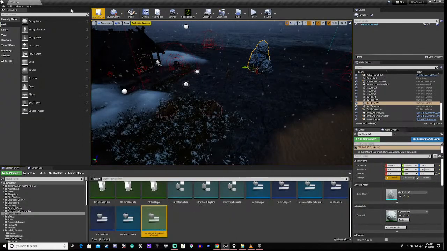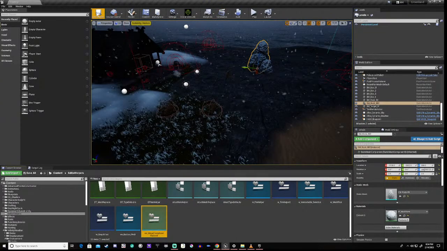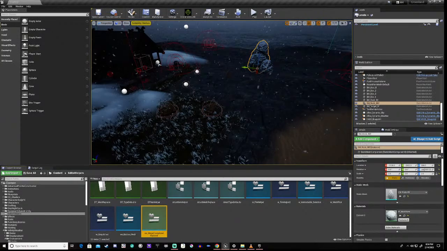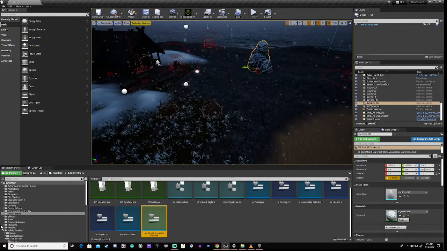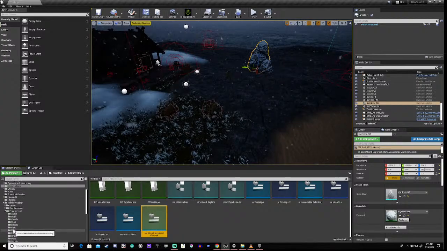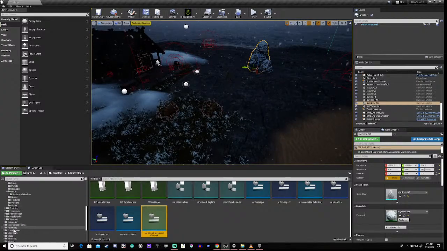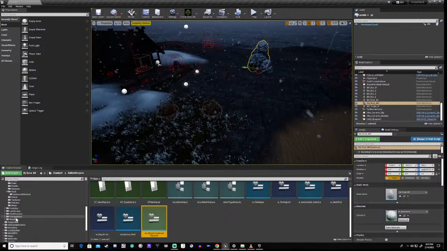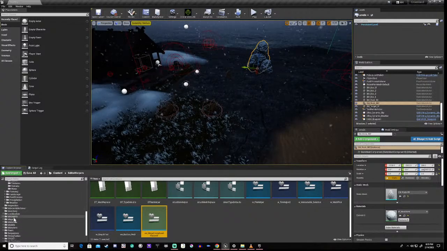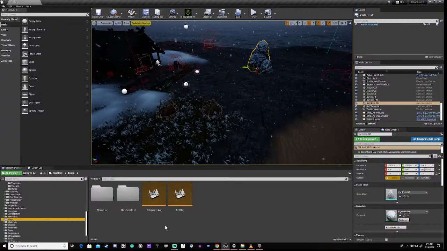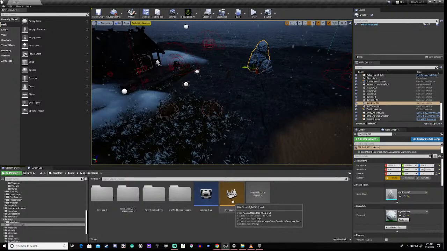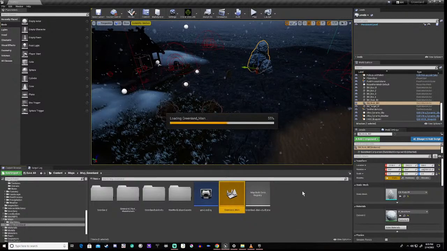But I'm going to save this to show you. You guys can't really see this. But if I go to maps, right, and I go to this one, the main map.